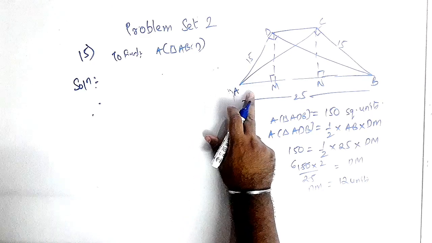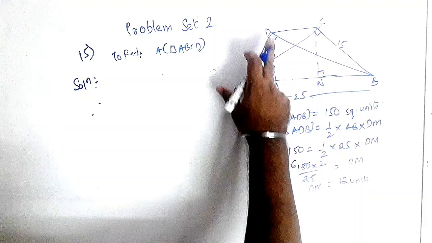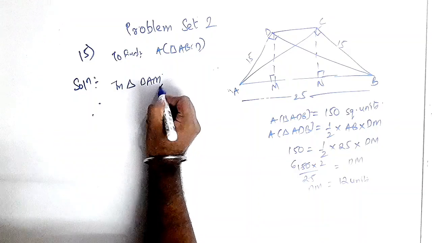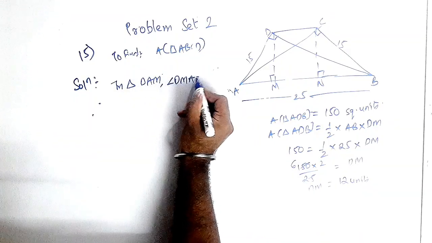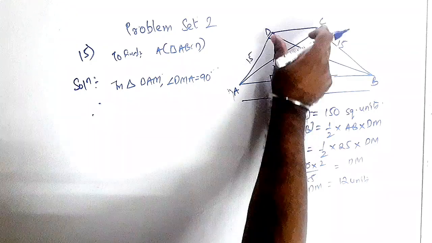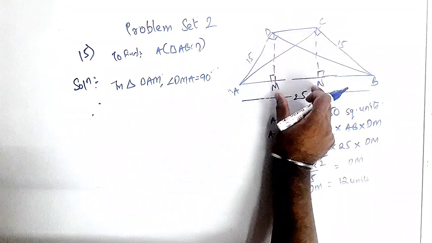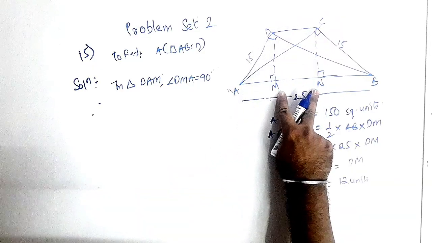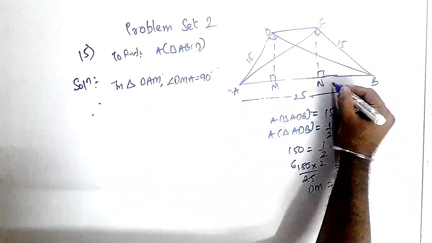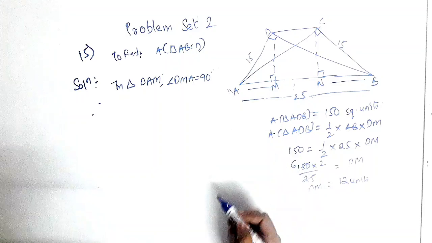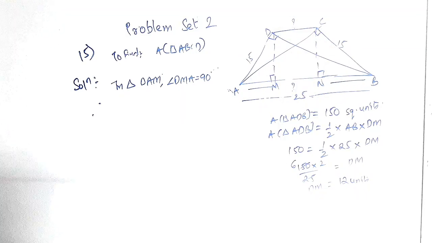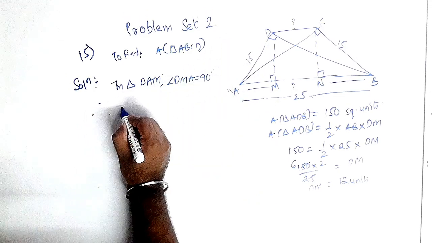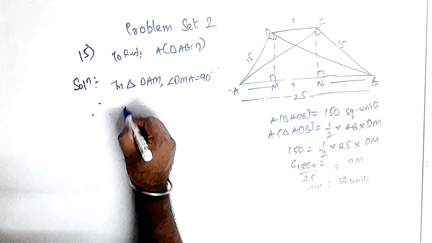Okay, so how we are going to find that? We can find AM by Pythagoras theorem. In triangle DAM, angle DMA equals 90 degree. How we are going? Just see. Because we want to find DC, this is a rectangle. You can see this is a rectangle. We are trying to find MN. Okay, because this whole is 25. Once we know this and this, we'll get MN, and once we get MN, we'll get DC. Okay, so we'll find AM by Pythagoras theorem. What is the hypotenuse here? AD.